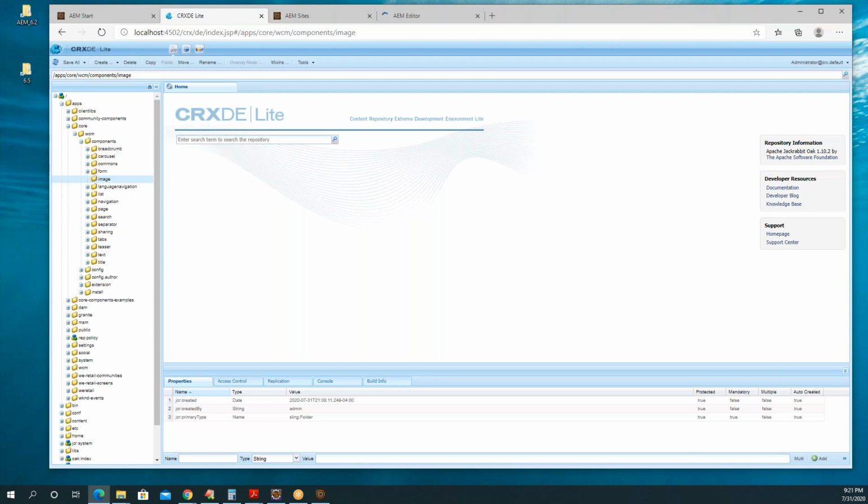What happened? Your image is empty. Are you logged in? Yes, I'm logged in and images are empty. I don't know. Open some other component, maybe the title component.